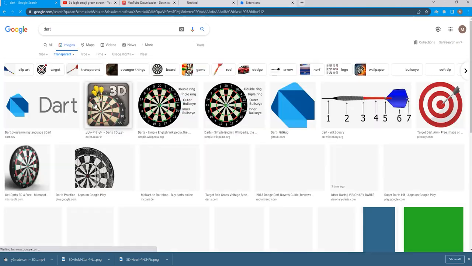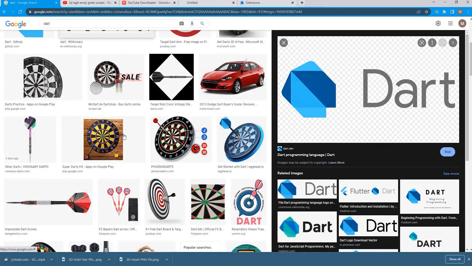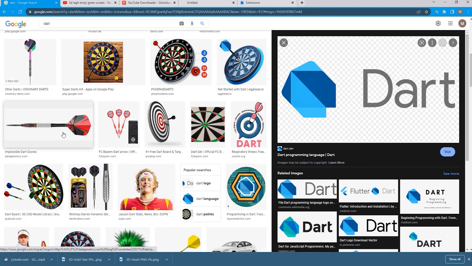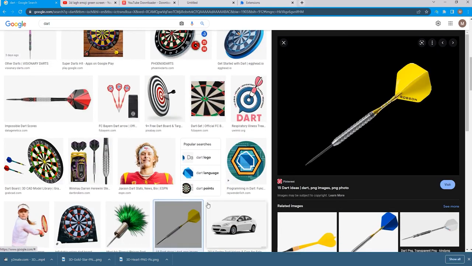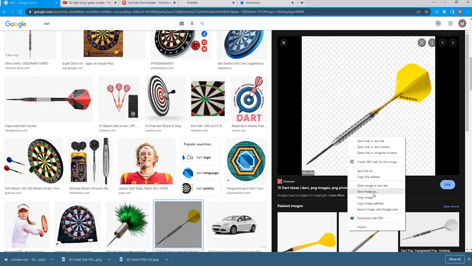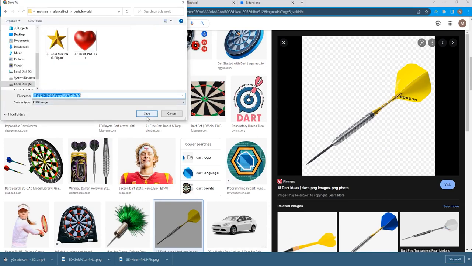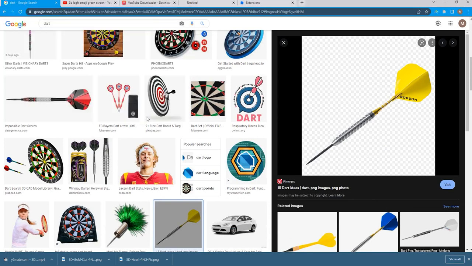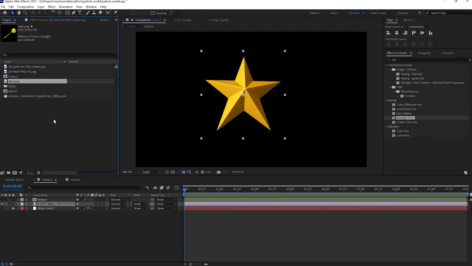Change it to transparent. Okay, let's select this. Yes. Dart. Okay. I import dart here and